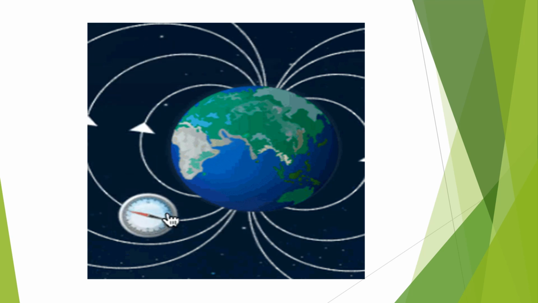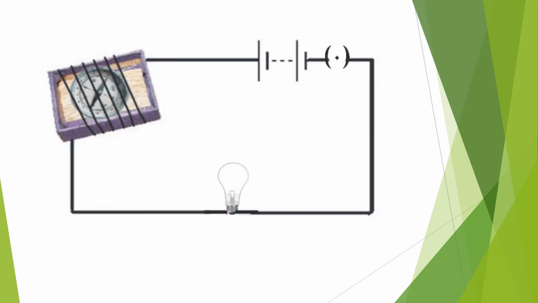So here in this experiment, we are taking a magnetic needle in an empty matchbox cover. A wire is wound around the magnetic needle, and you have an electric bulb, the cell and the plug key. So that is how we are completing the entire circuit. Now this experiment has 2 parts in it. Okay, I'll tell you the first part.